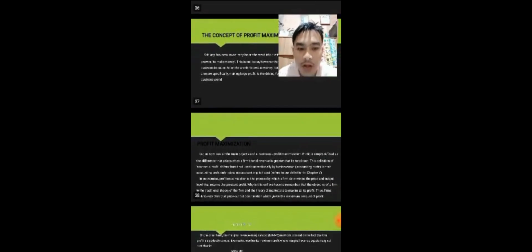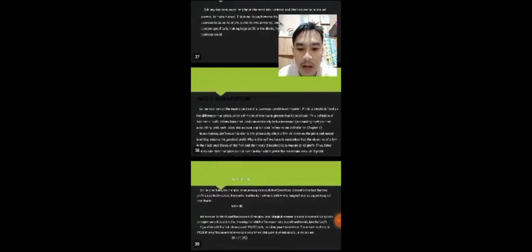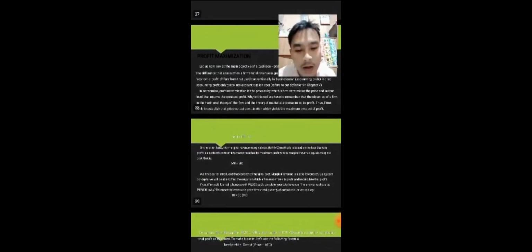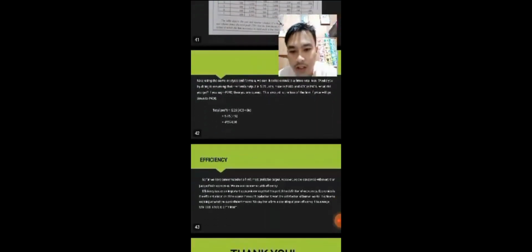Kibali siya ang mag-sustain sa isa ka business para mas mo boom pa siya, mas mo patok pa kibali ang isa ka business. So, we need to have profit maximization to evaluate the maximum or the highest ratings of our profit in a certain business. So for the efficiency, sa tanan nato nagikuan sa tanan mga business,